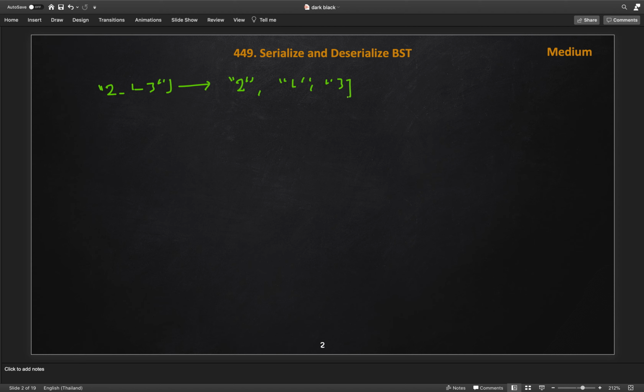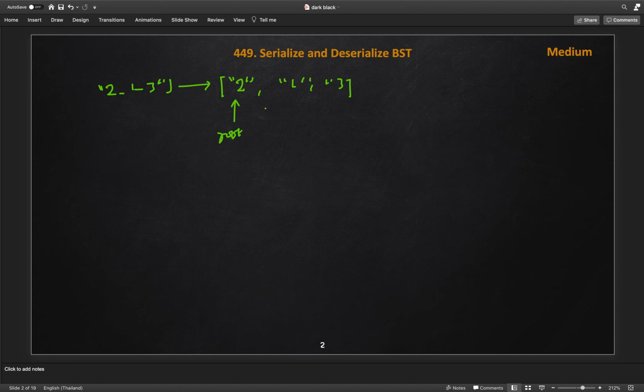Then we use the approach from the Construct BST from Preorder Traversal problem solution. Let me explain what we will do. As we already know, in pre-order traversal the first node is always the root of that tree, and in a BST all the nodes in the left subtree have values less than the root node.